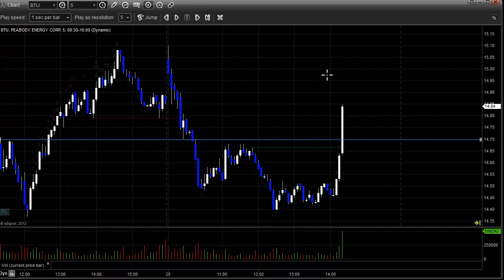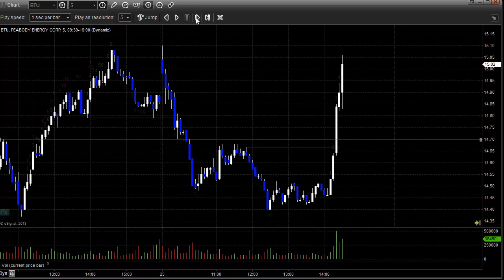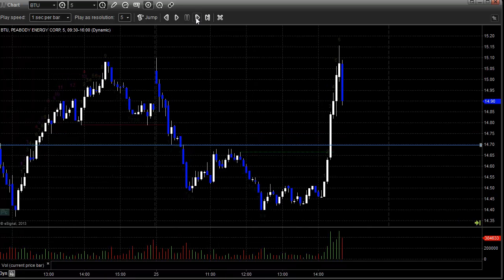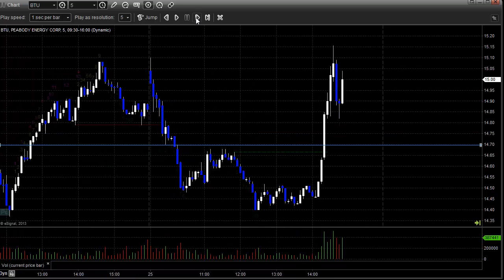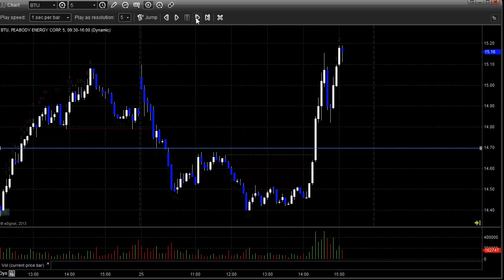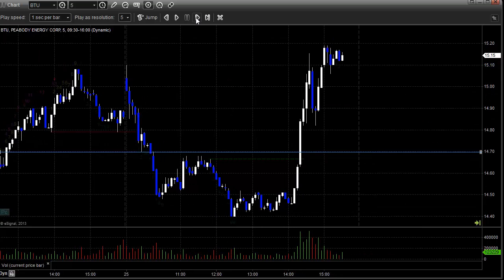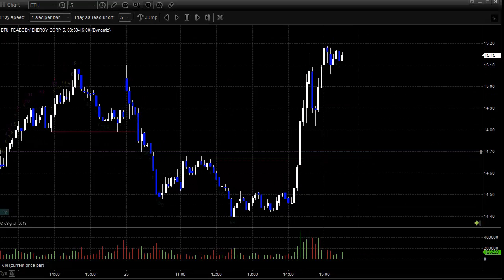From that point, it was a pretty quick move. It ran up into that 15.15 area almost immediately. It's a real nice move on a $14 stock late in the trading session. What's even more interesting, and you can see the way it played out, bouncing back and forth here a bit, is that if you looked at the 1-minute chart while this was happening,